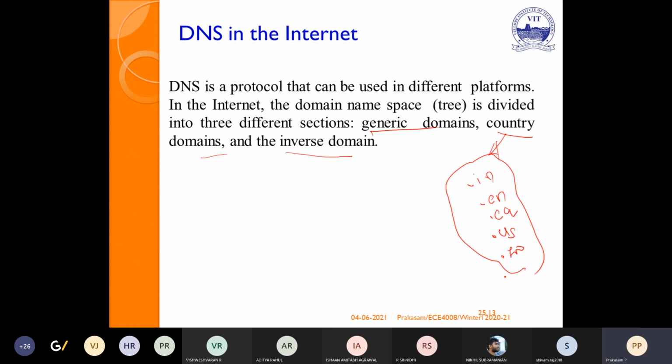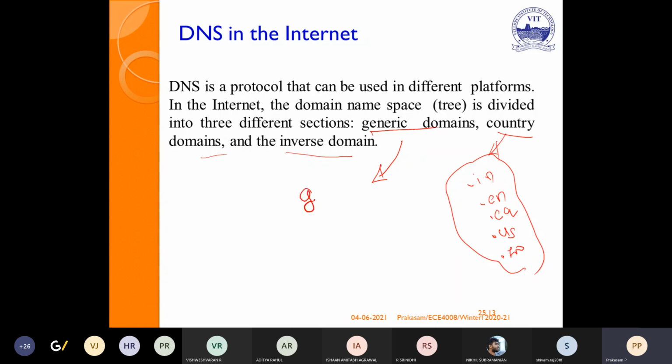You may get questions from these also. We may give different website addresses. You should identify whether it is a generic domain, a country domain, or an inverse domain. Country domain means it will always end with the specific shortcut of the country in the last field of the DNS. For a generic domain, the last field of the DNS is the generic type.